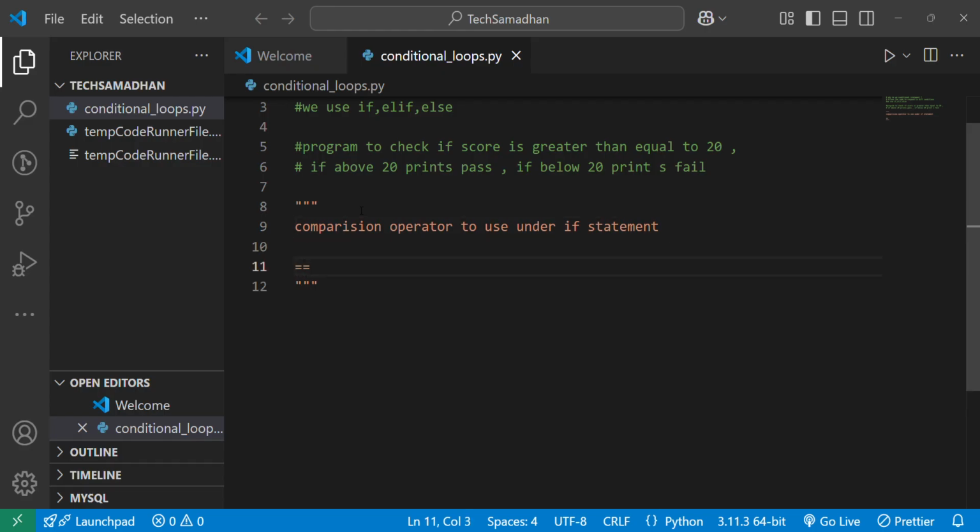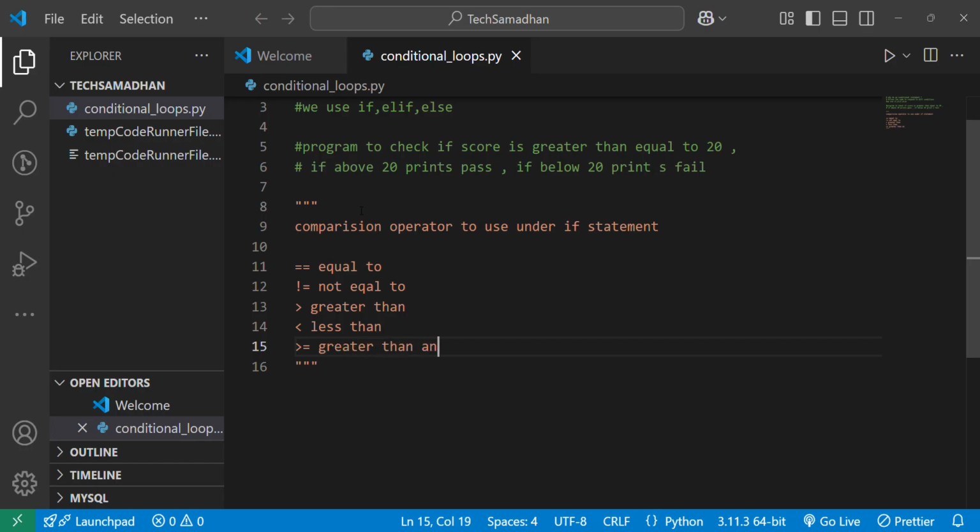So there is equal to. Double equals, okay? Double equal to. Then second is not equal to. So it must be an exclamation mark and equal to. So it is not equal to. You know this is greater than. Then definitely this is less than. This is a combination which is greater than and